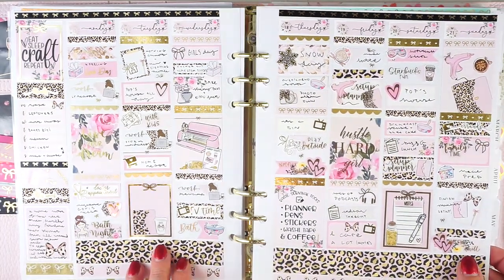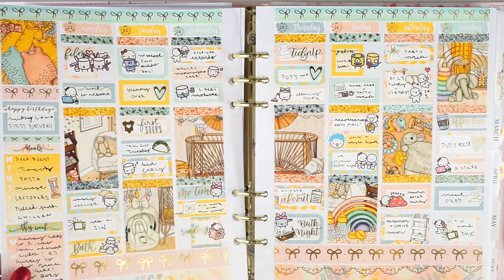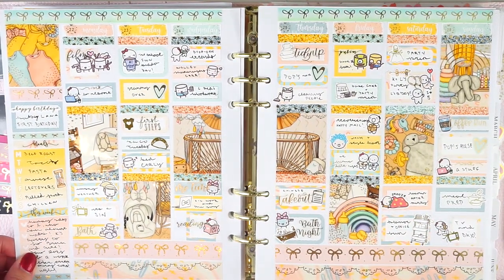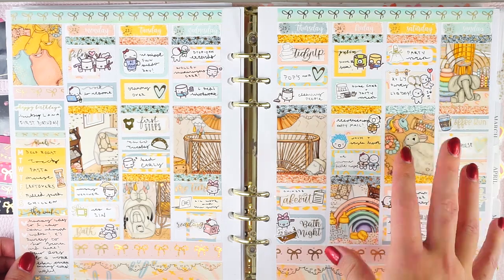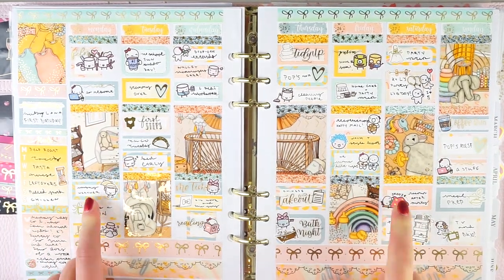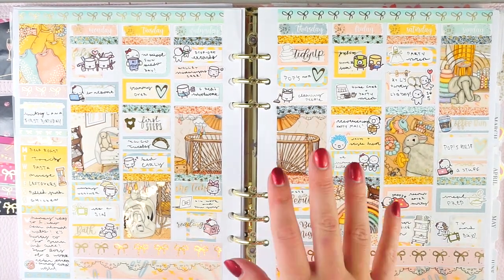So I had this kit for a while, since the spring before, and I got to pull that in. Then next up, I have this baby kit, which is from Caress Press, and it's called Rainbow Baby, and this is the very last baby kit that I ever used in my planner, and I think probably ever will use in my planner, because this is the week that my baby turned 1, who is not a baby anymore, but I loved this kit so much,